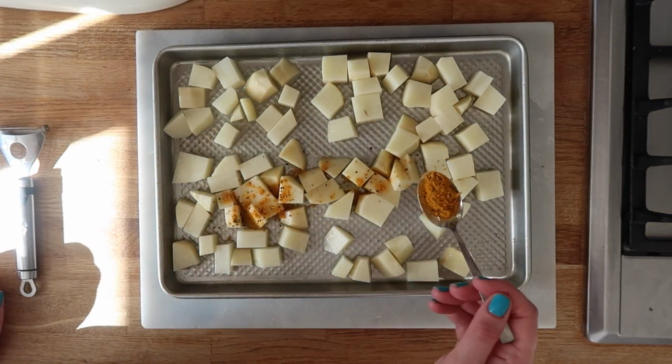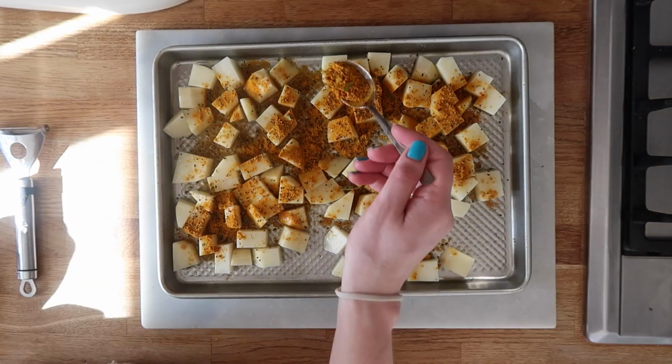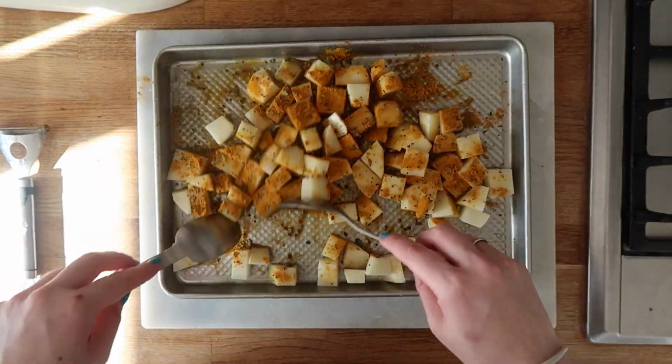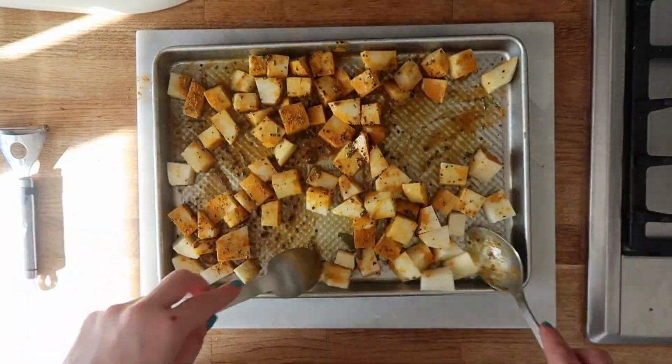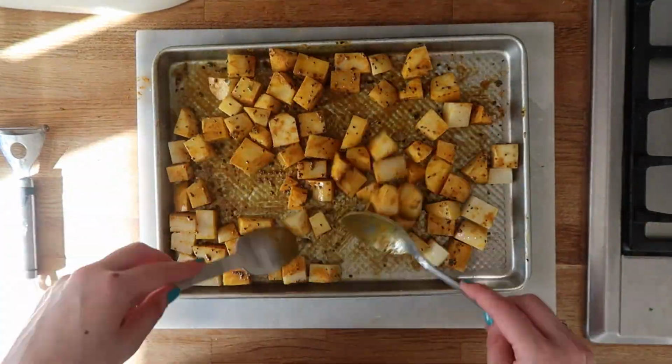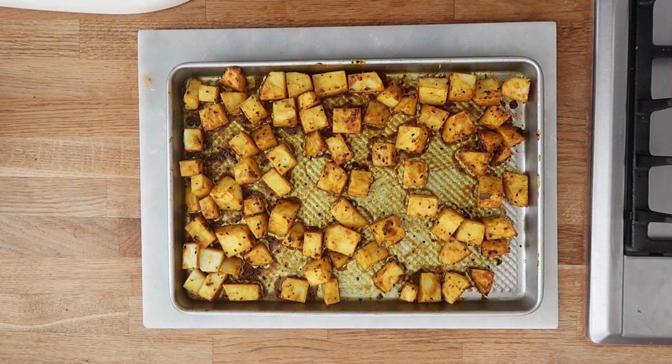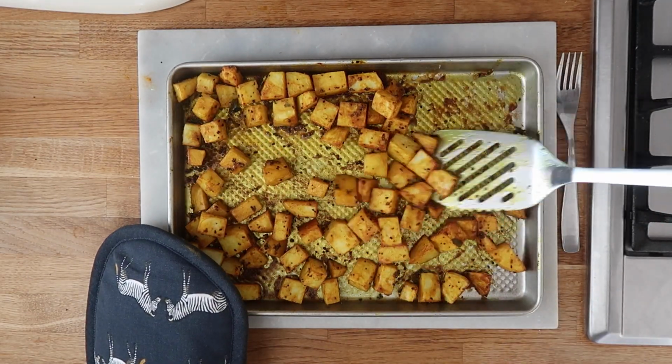And then to that you want to add some Bombay potato seasoning. This is something I made, and it's really simple to make. So just coat them just like you did with the oil so that all of the potatoes are coated, because you don't want any plain potatoes, you want Bombay potatoes. And then pop that in the oven for a little bit so that they all get relatively crisped up,